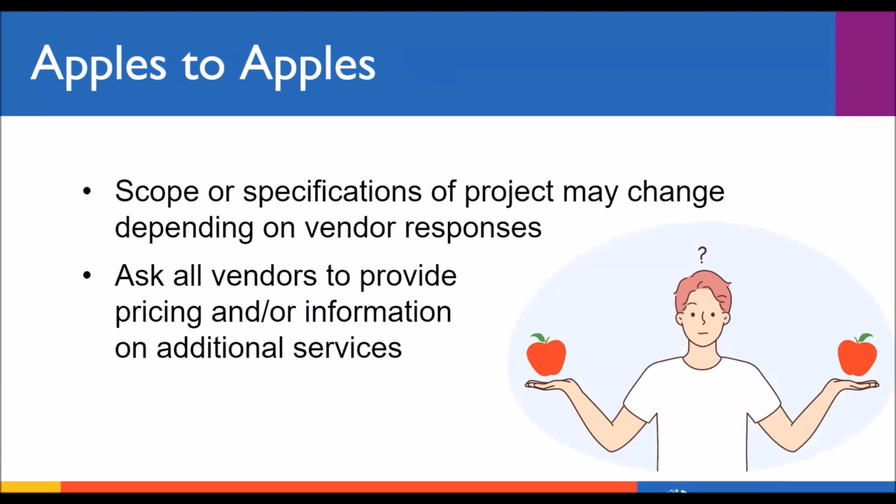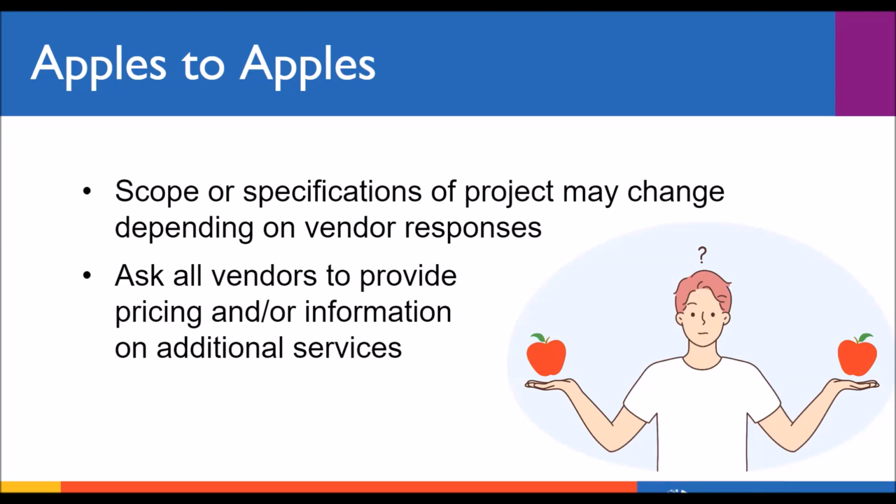So if you are using a vendor, they are hopefully an expert and can recommend additional or possibly even different deliverables to what you may have originally envisioned for your project. So you may find that when you are looking through proposals, you see either additional or different things quoted than what you had initially asked for. If this is the case and you decide that this is something you would want instead, it's wise to ask the other vendors to either update their proposals or ask if they can also provide those products and services so that when you're looking at all of your proposals, you can compare apples to apples. This is also important when you're looking at services that may be included or may be an additional cost.